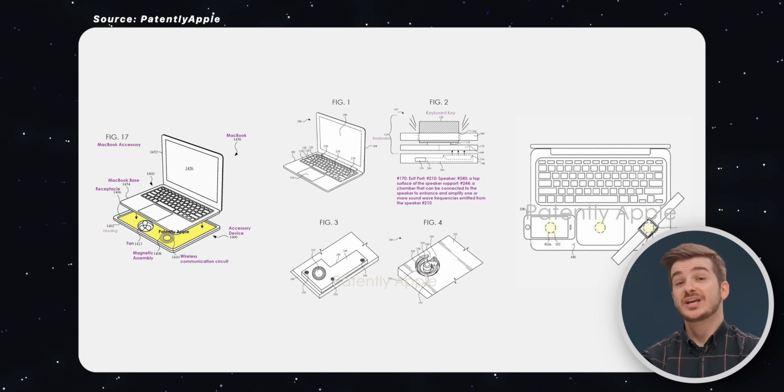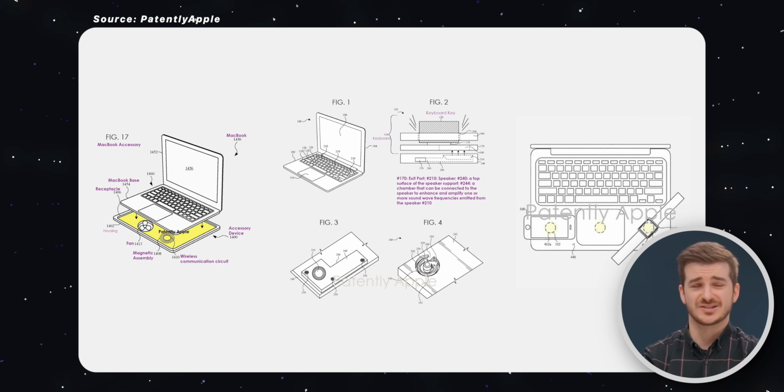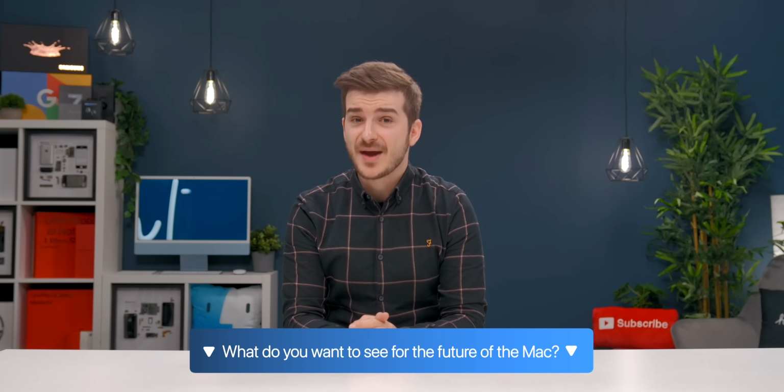From all of these patents, we can tell that Apple is definitely experimenting with some very wacky ideas, most of which will never see the light of day, but some, like the ability to wirelessly charge your other devices, might. And this is what really excites me about the future of the Mac, the idea of us getting something totally new. But let me know in the comments what excites you the most about the future of the Mac,